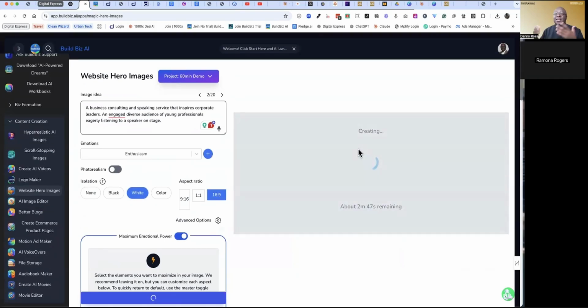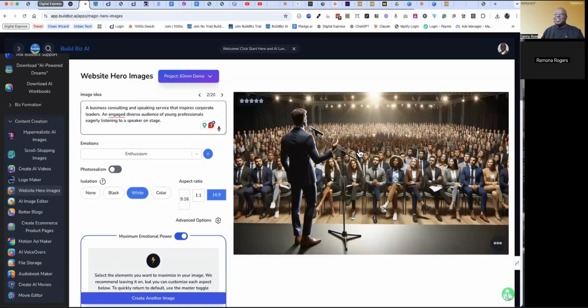And you can get 10 ideas because let's say you have a web page, you're probably going to have at least five different menu items, right? You've got the home page, the about, serve, contact us, the actual product pages. So you may have five or six pages, and sure, you're going to need different hero images for each one of those pages. So this is more focused on a speaking engagement, right? So instead of a business consulting and speaking service, we would say a Black female